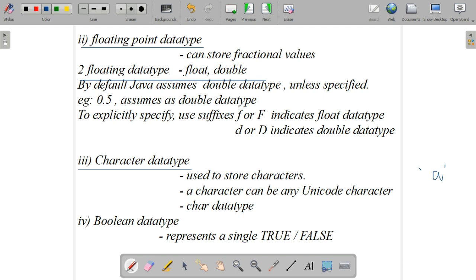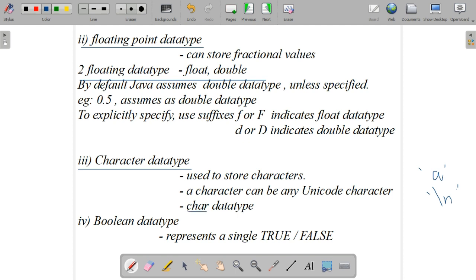And next, a character can be any Unicode character. Unicode, we already discussed. What is Unicode? It is the Java character set, the Unicode character supported by Java. And the character data type is indicated by the keyword char. Char is the keyword here.